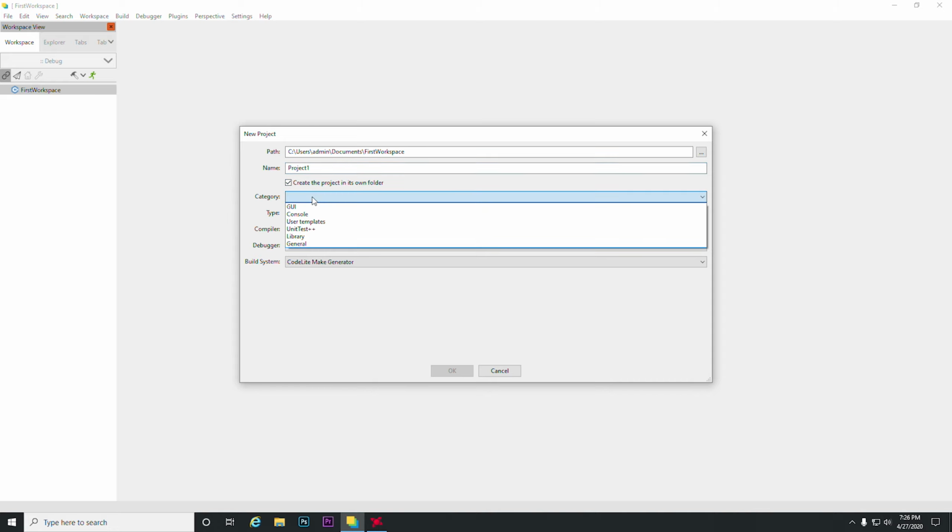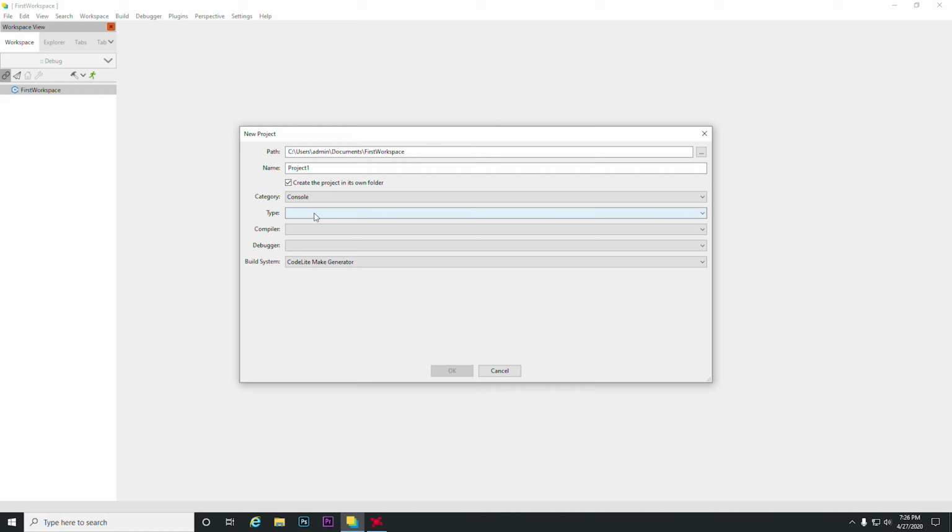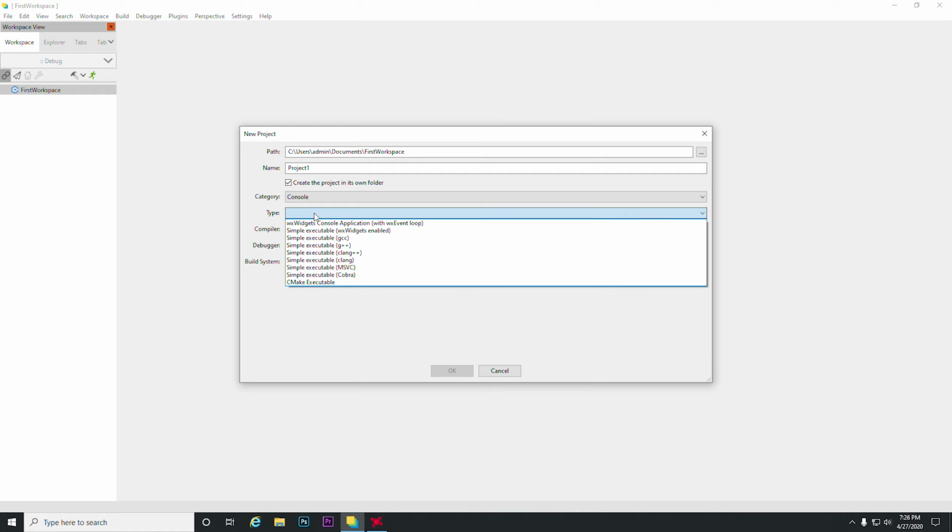Now in category we need to select console. You can see there are multiple options from which we can select. We select console because it is a non-graphical user interface, or in other words it displays our output on just a command line. Now it asks us for type. For type we need simple executable G++.